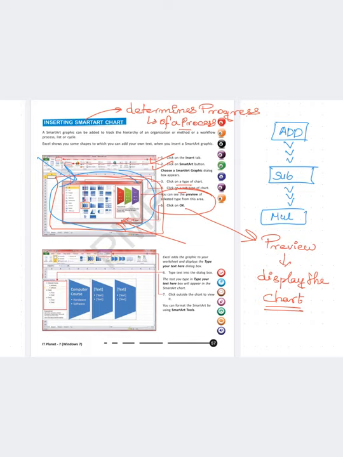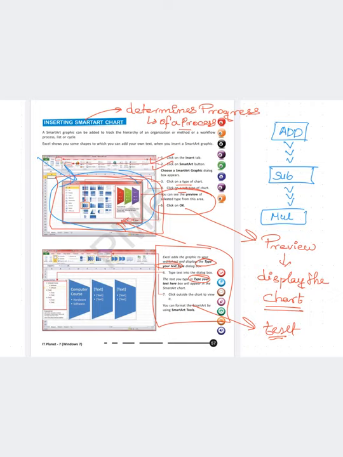Now after adding the smart chart, we can even add our text. The moment the smart chart is added, you can see this headline, that is, type your text here. Inside the smart chart itself there will be an option called type your text here. In this option, you have to insert the text as given below. Just double click the type your text option and you can enter the text.